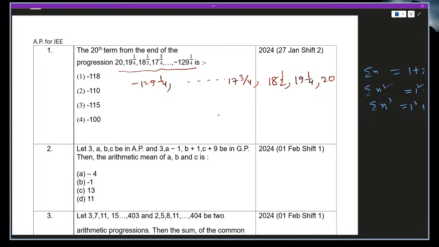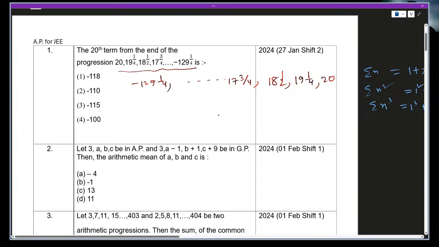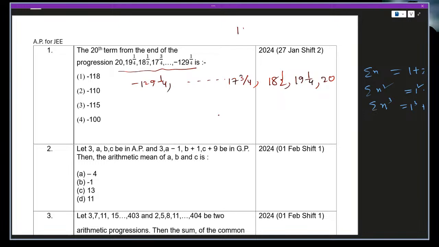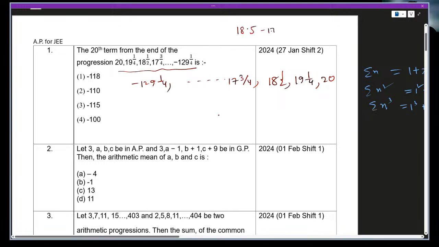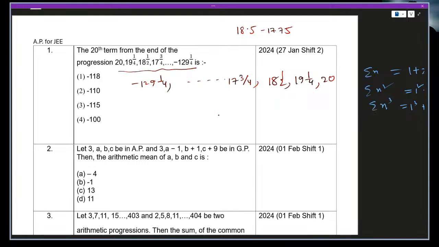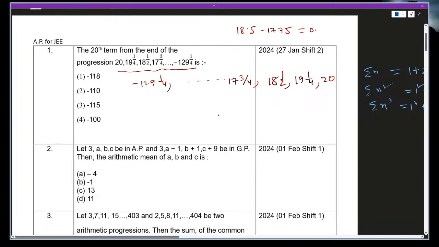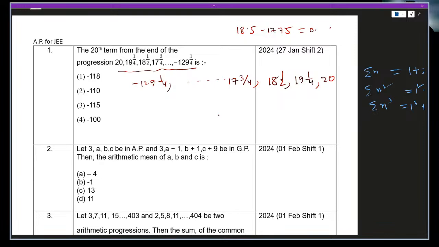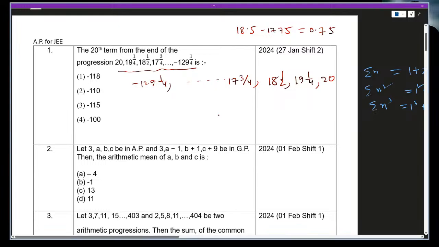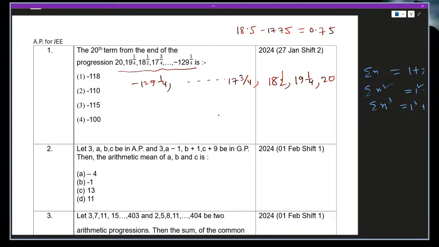Obviously, this is an arithmetic progression. Why arithmetic progression? Because if you find the difference, 18.5 minus 17.75, the result is how much? 0.75. 20 minus 19 1 by 4, that is also 0.75. So this series will be in AP. It's an AP